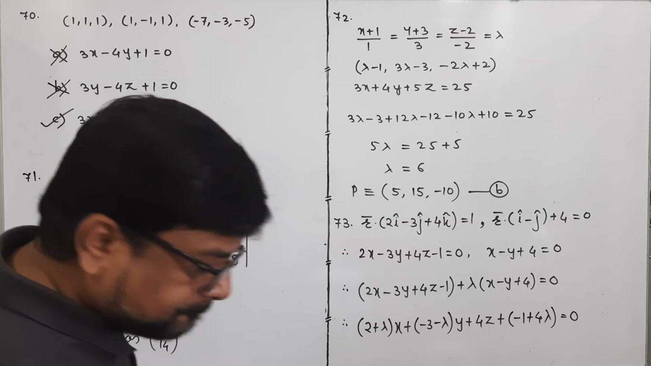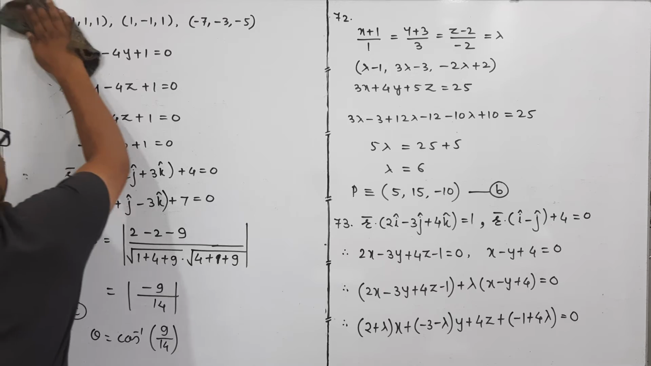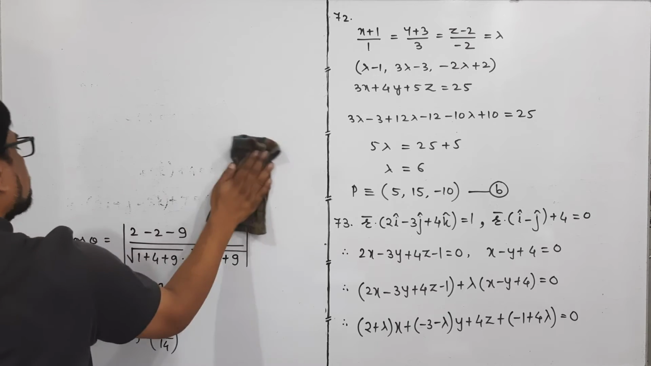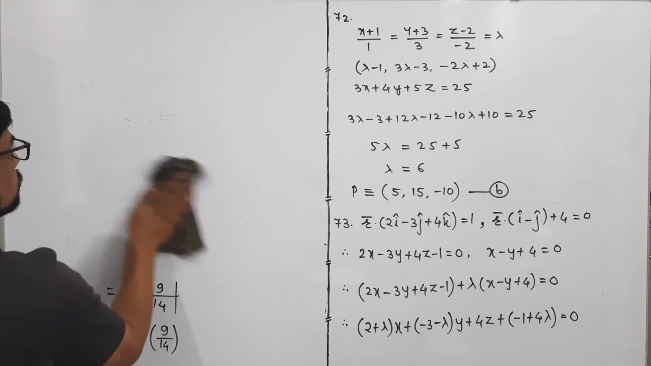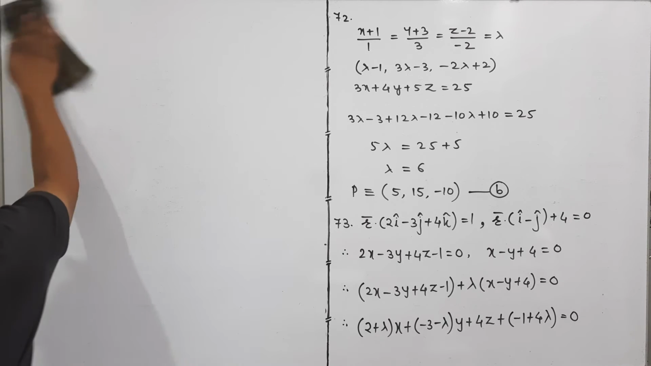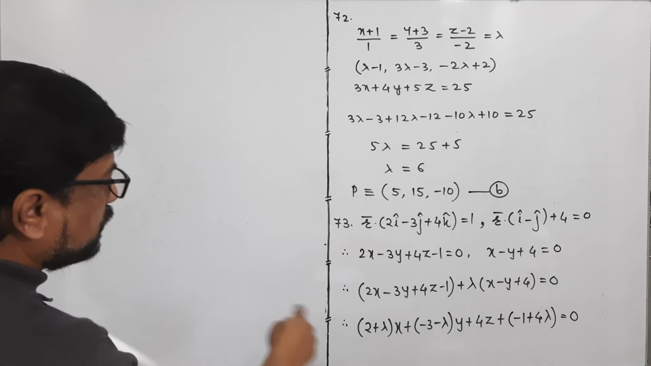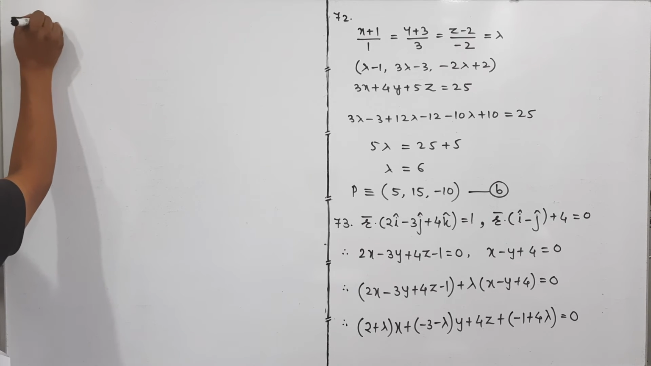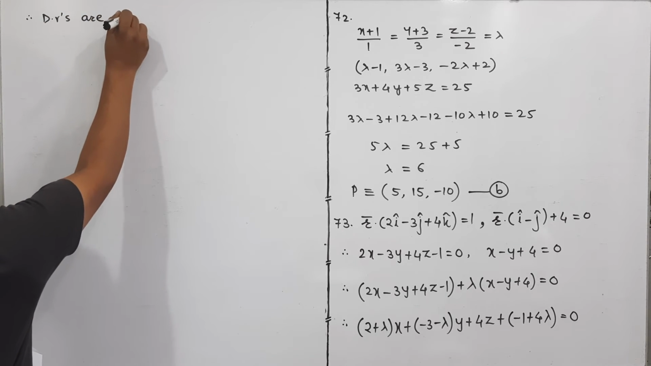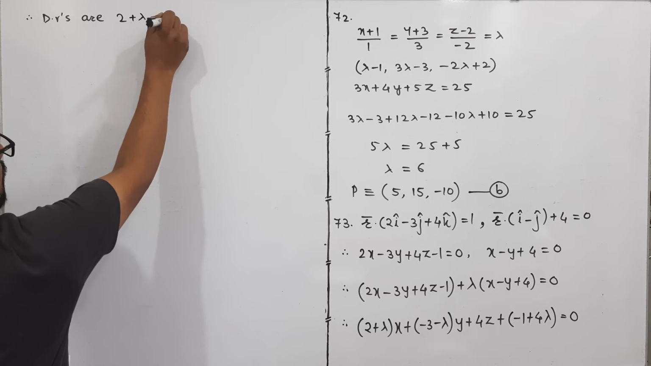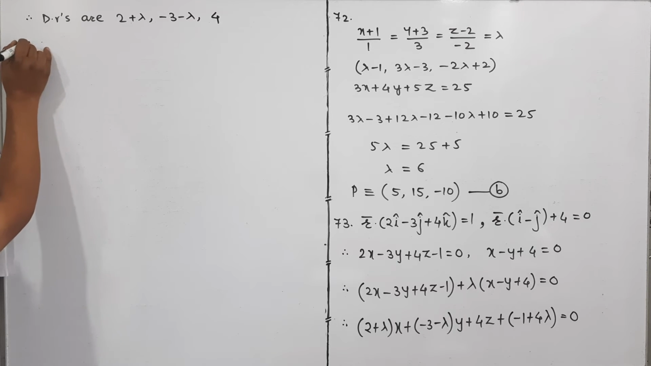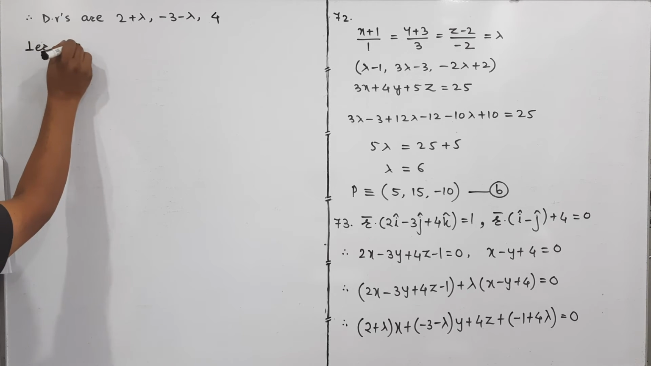Okay. Therefore, we can say that क्या है इसके डायरेक्शन रेशियोज, therefore direction ratios of this plane are 2 plus lambda, minus 3 minus lambda and 4. This plane is perpendicular to the plane